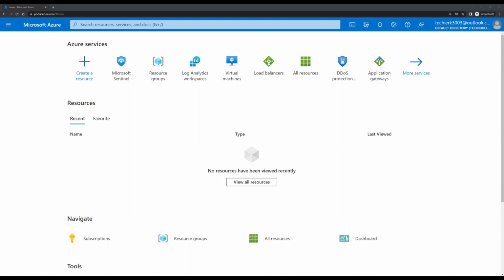There's a prerequisite to configure security events in Microsoft Sentinel, which is to deploy either the Azure monitoring agent on top of the Azure virtual machine, or we need to deploy the Microsoft monitoring agent on top of the Azure virtual machine. So to do the same, let's create a virtual machine and then we're gonna install Microsoft monitoring agent on